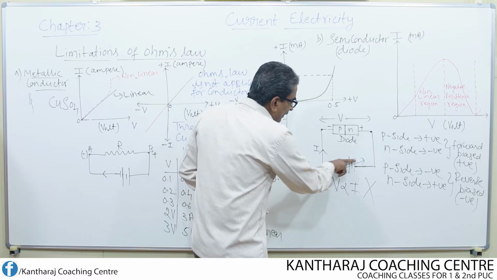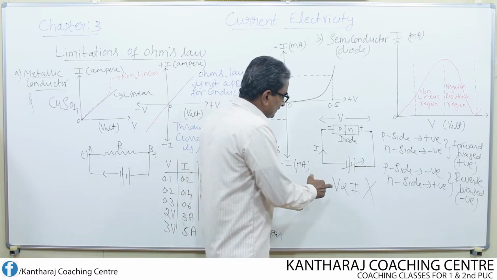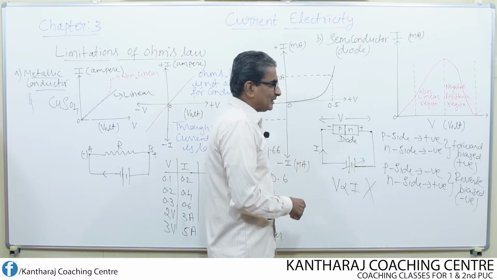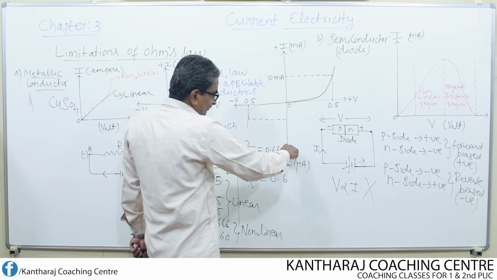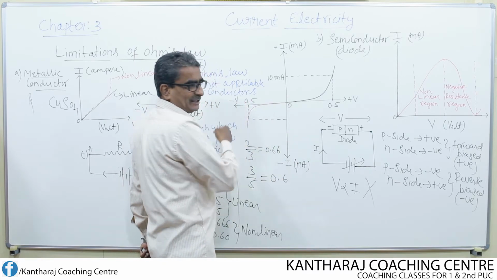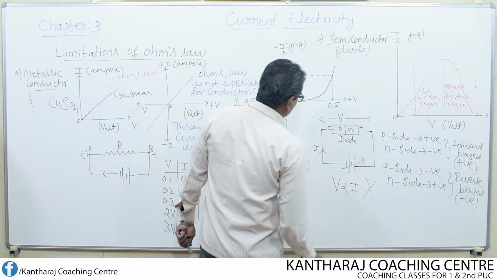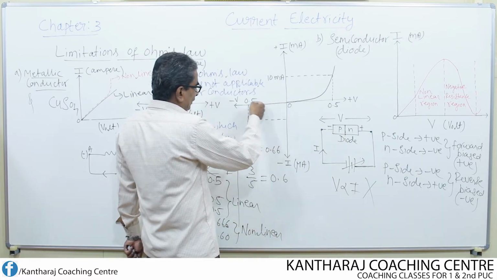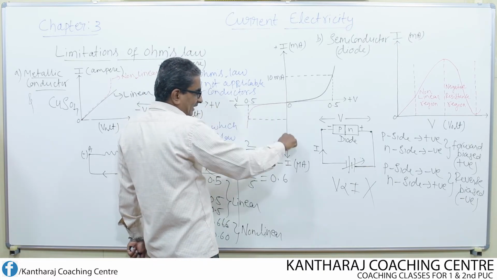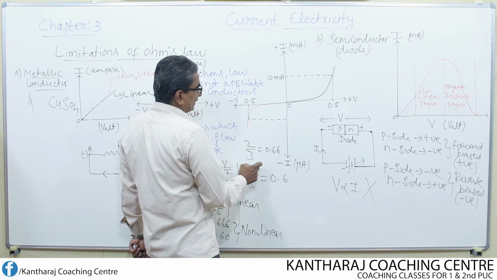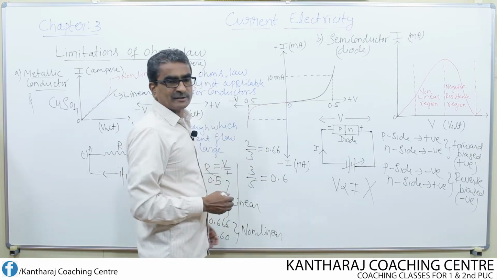Now again, if you vary the potential difference, what happens? V proportional to I is not possible. Look here, we can see the graph. Negative current, negative voltage, because we have reversed this. We are applying a negative voltage, so it is the negative x-axis and negative y-axis. Along the negative y-axis I have taken the current, negative current. Along the negative x-axis I have taken the voltage, negative voltage.